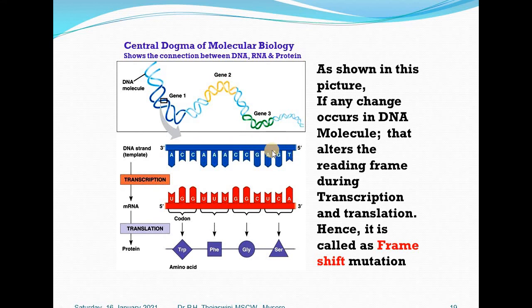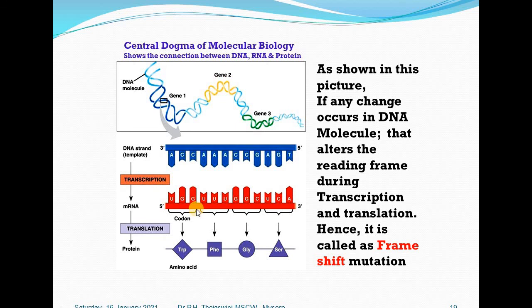This strand of DNA transcribes the mRNA by the process of transcription, and the mRNA will have the complementary bases to the genomic template. This mRNA further translates the sequence